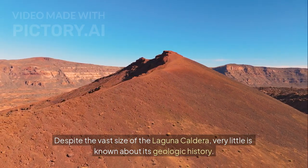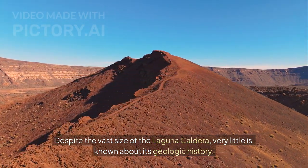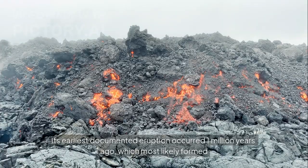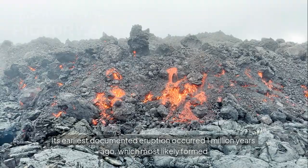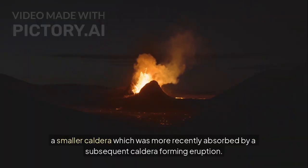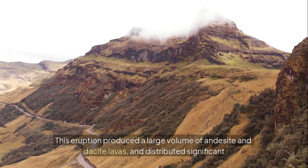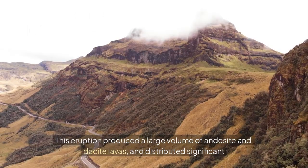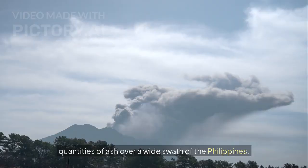Despite the vast size of the Laguna Caldera, very little is known about its geologic history. Its earliest documented eruption occurred 1 million years ago, which most likely formed a smaller caldera which was more recently absorbed by a subsequent caldera-forming eruption. This eruption produced a large volume of andesite and dacite lavas, and distributed significant quantities of ash over a wide